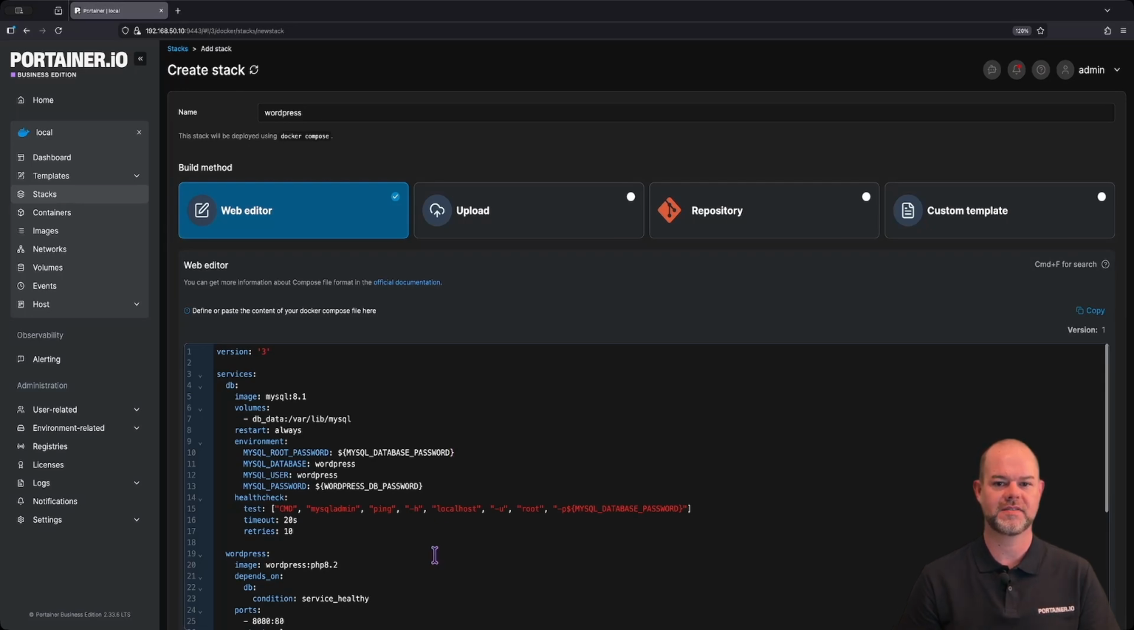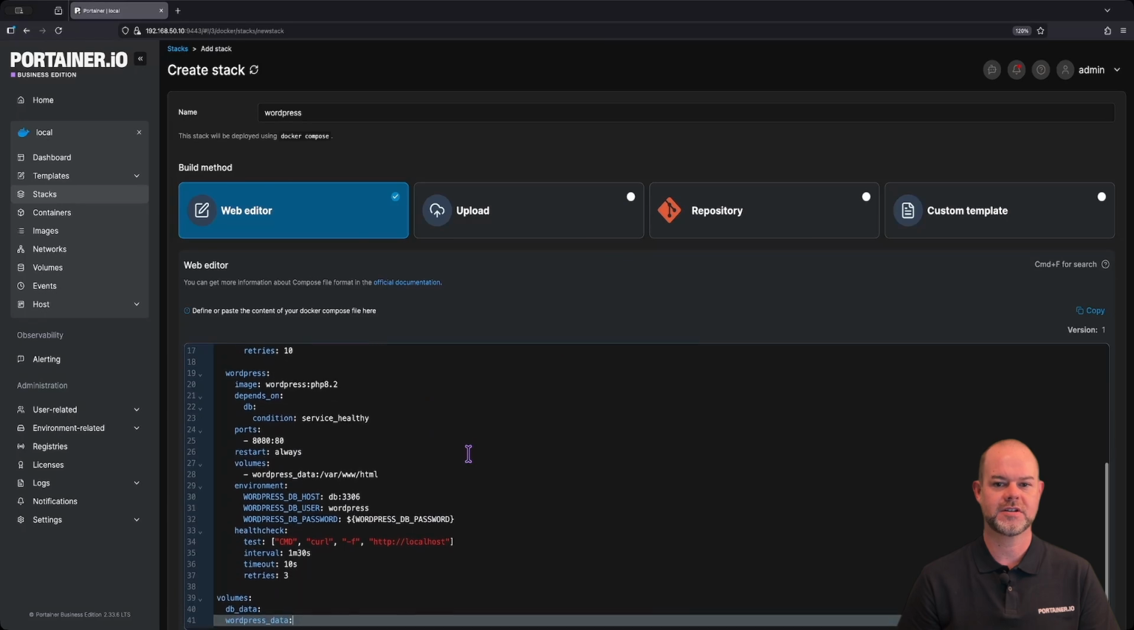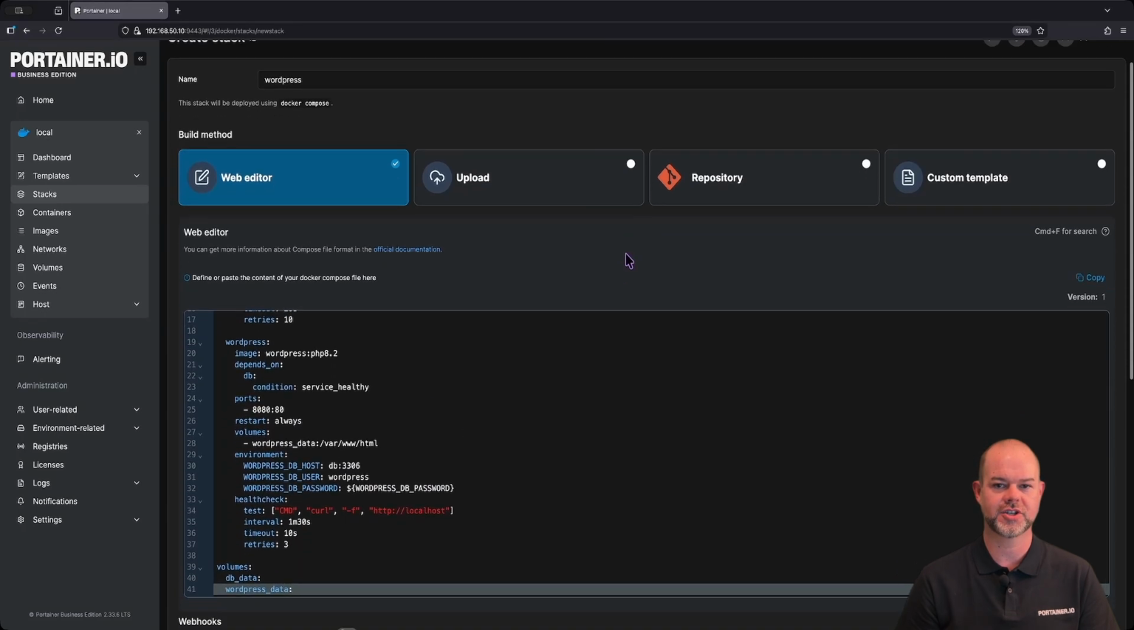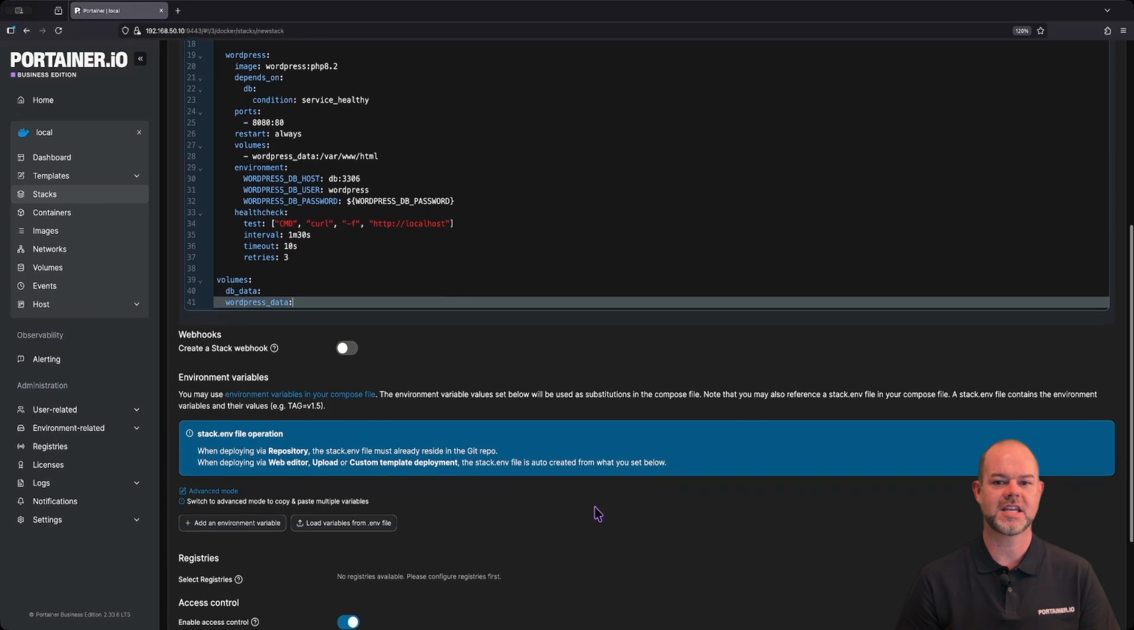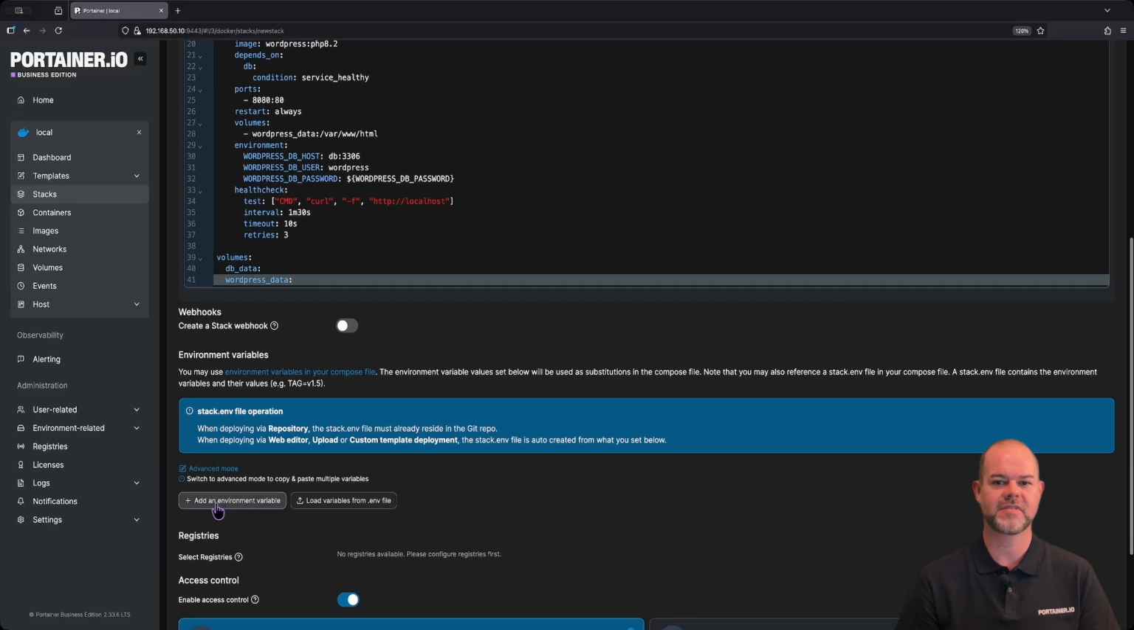Portainer gives you a couple of options. If you scroll down here, you'll see the environment variables section. Option 1, you can manually add each variable using the Add Environment Variable button. Just type in your key value pairs and Portainer will substitute those into the environment variable placeholders when it deploys. Option 2, if you've already got an env file with all of your variables defined, you can click Load Variables from env file. Portainer will read your file and auto-populate all of those fields for you,